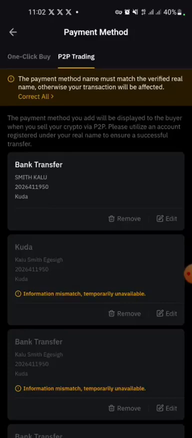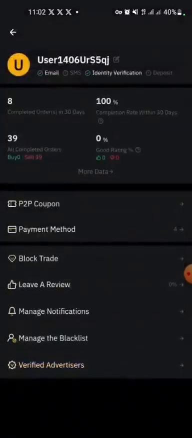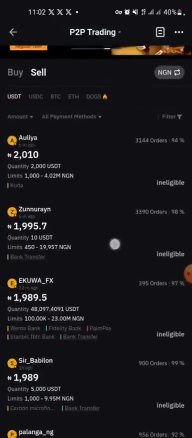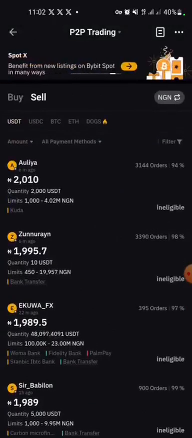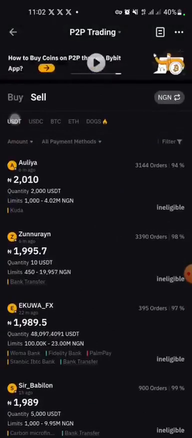So once you set it up, you save it, then you are good to go. So you return back. So yeah, now this is it. Remember, you're on the sell side, you are selling USDT, right? Now